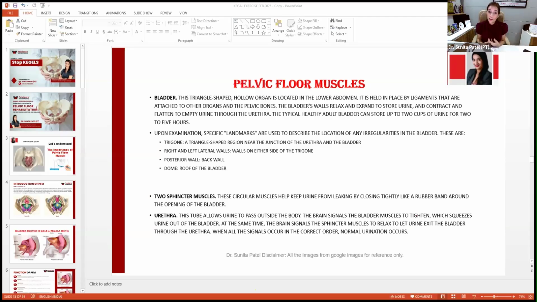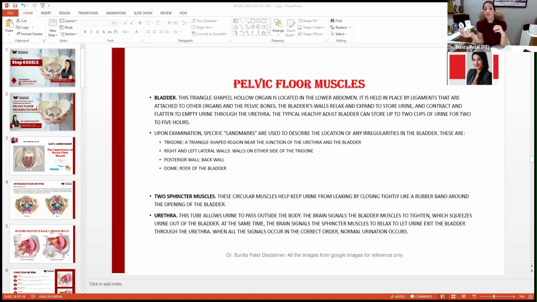So I need to stimulate your muscles first. I need to create action in your muscle first. I need to make them create that coordination according to the need. So re-education, understanding, isolation, everything is very important. That is why I tell all of you to stop Kegel without checking your patient's pelvic floor muscle strength. First, check it. And if you find it is 3 out of 5, a fair squeeze with definite lift,